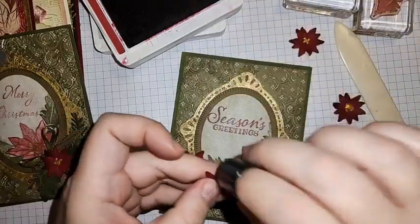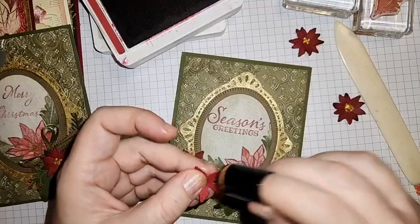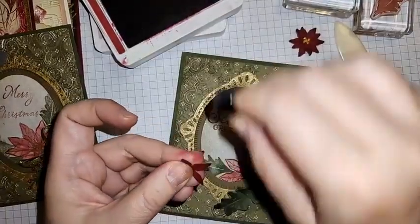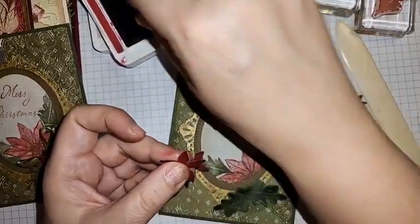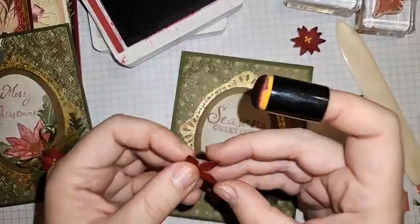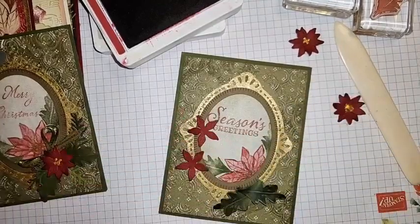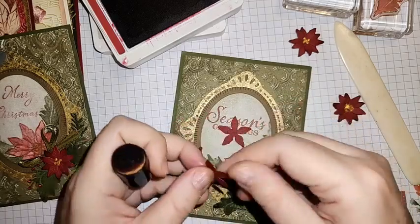holiday cards. So I'm using this cherry cobbler cardstock, and I'm using cherry cobbler ink on it. You can barely see it, but you see it a little bit. Especially on the sides, it looks a little bit more realistic. Let's compare with a non-sponged one. See, I put a little bit more so you can see